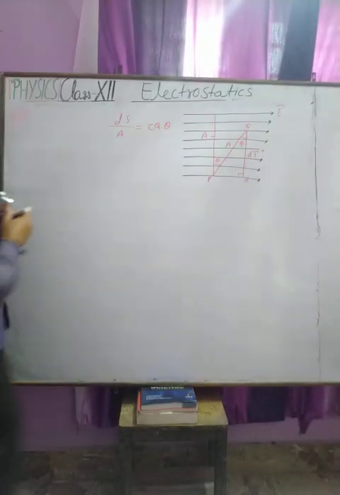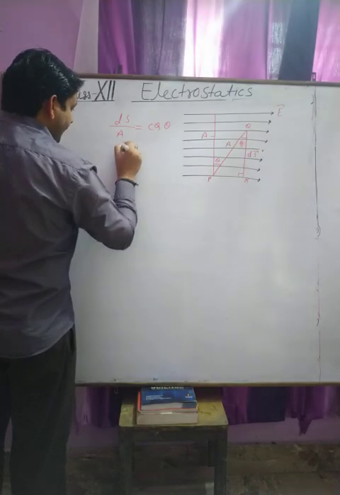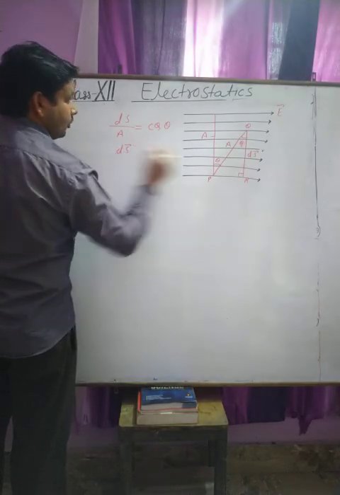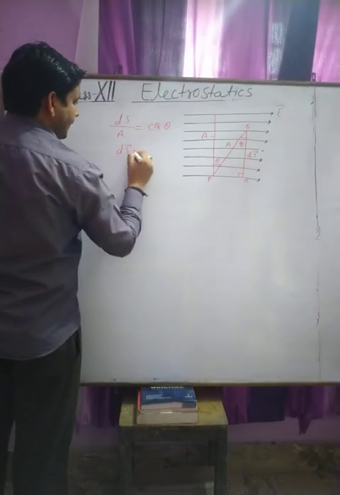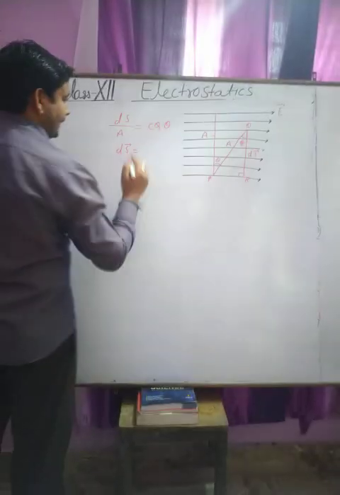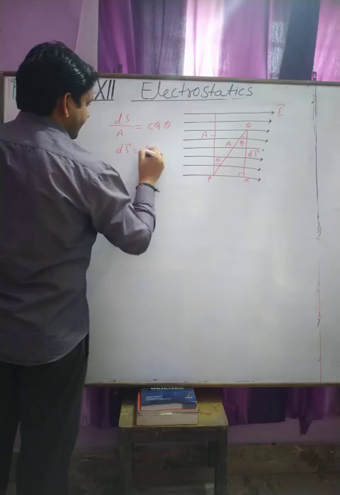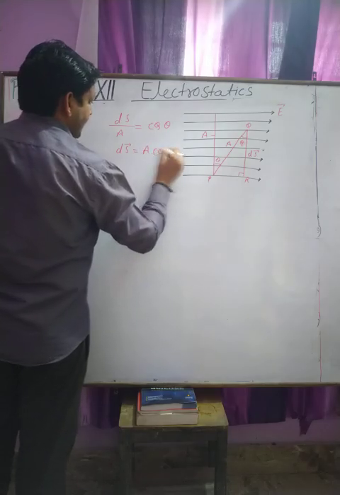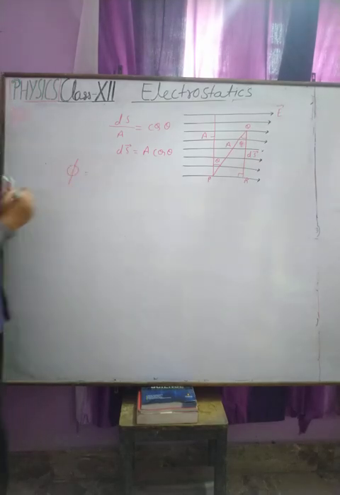Therefore we can calculate this small length through which the electric field is linked, which is A cos theta, and we have the flux